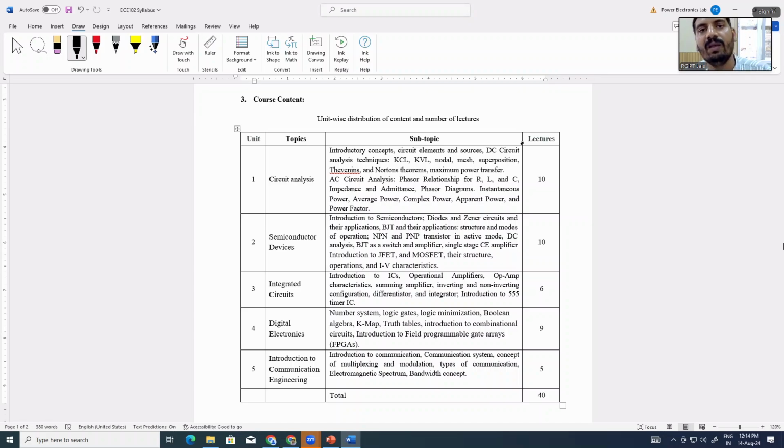Whether it is DC or AC, the circuit concept is more or less the same. How we can solve the circuit, that you have to study in this unit. That means how we can identify the value of voltage across any two terminals, and current flowing through the loop or through the branch. Suppose in a circuit there is a wire, how much current is flowing through the wire, we can calculate